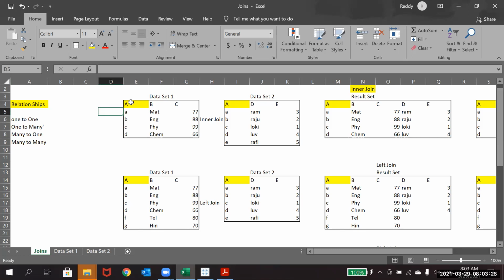If you would like to use the same data sets and do the join operations to test, I'm fine, which is why I'll be sending this file to you. But even if you try this same Excel again, I would like you to create other data sets and use them. That time you will understand how you can create the data sets and manipulate the data there.